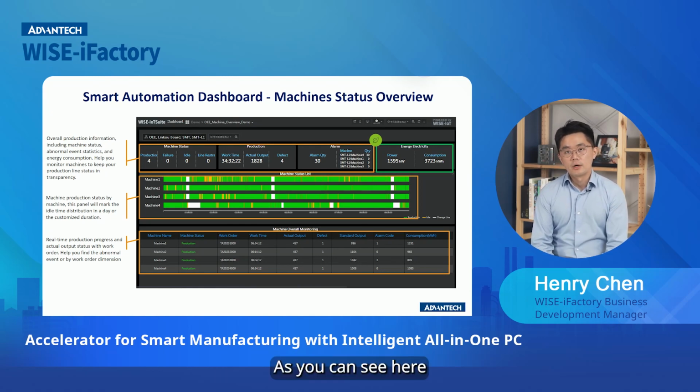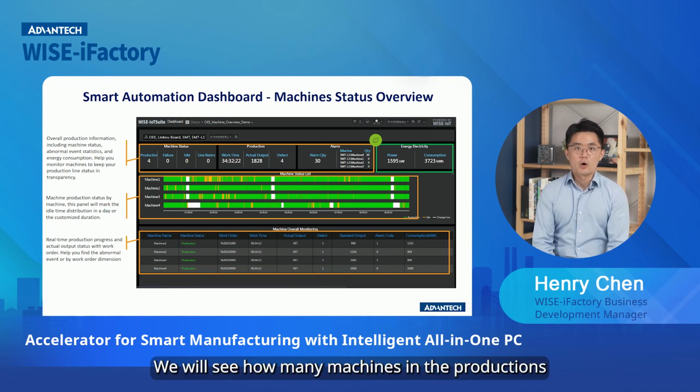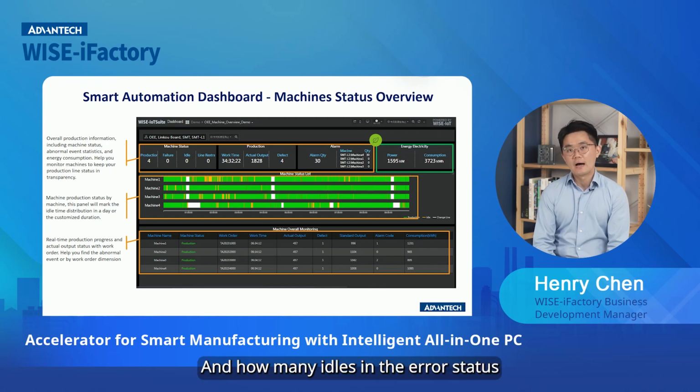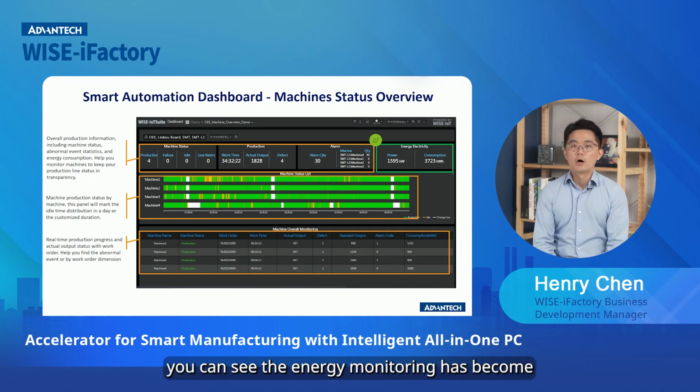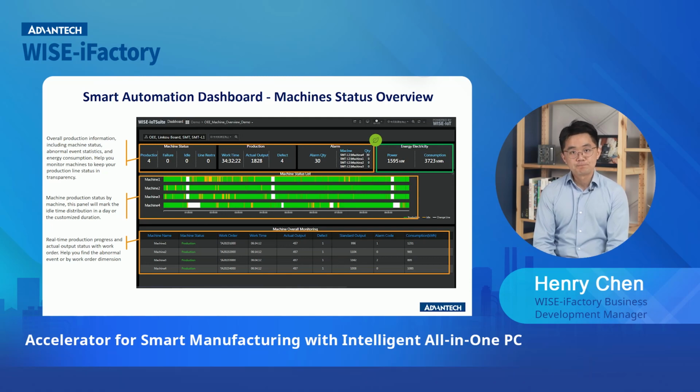You can see here, the standardized dashboard provides production line monitoring. We will see how many machines are in production and how many are idle or in error status. And in the green block over there, you can see the energy monitoring has also become very important data for future carbon footprint management. So